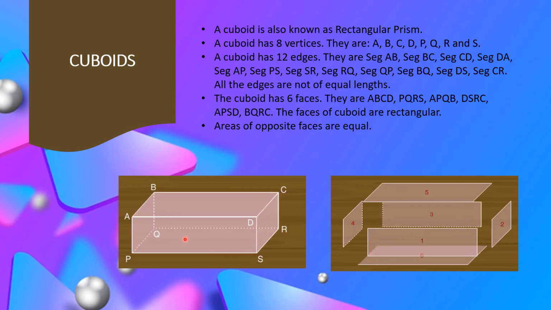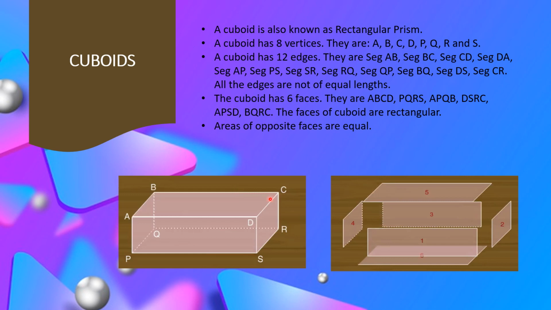So opposite faces are identical or congruent and all are in rectangular shape. You take any of the faces, the ones which we can see from top, bottom, side and all, these are the faces. So all are in rectangular shape. Hence, a cuboid is also called a quadrangular prism or rectangular prism, I could say.